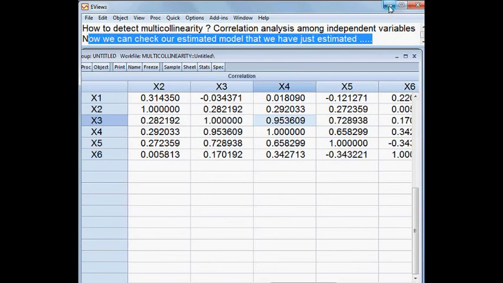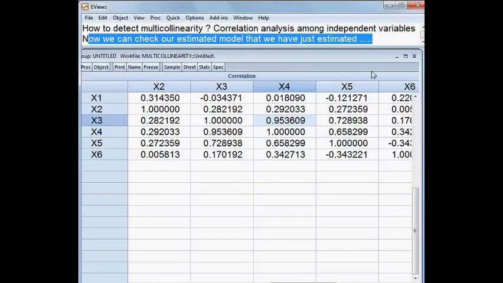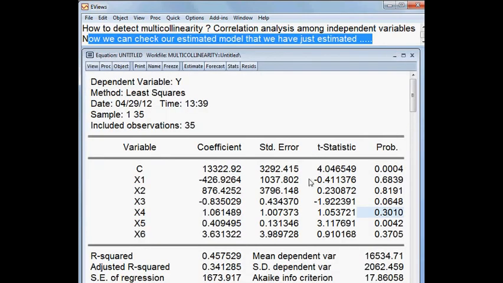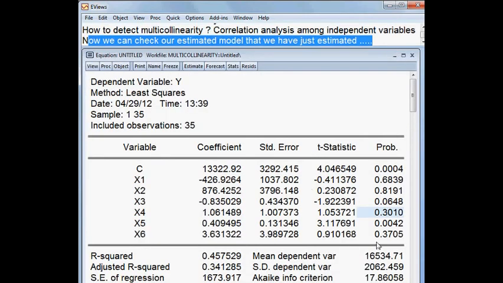Okay, our model is which one? It is here. Yes, this is the model that we have just estimated. Out of x3 and x4, you can see the x3 p-value is 0.06 and the x4 p-value is 0.30. That means x4